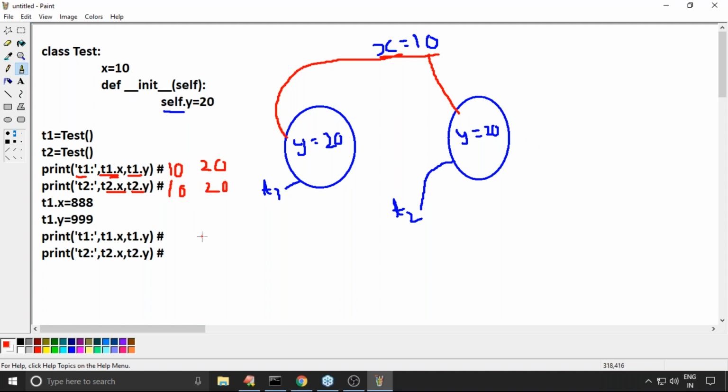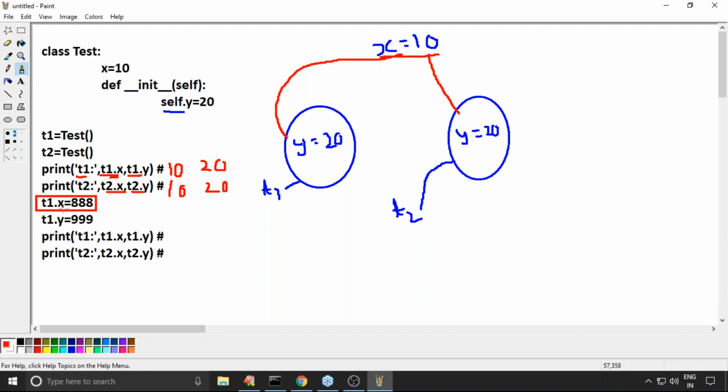Okay, now t1.x = 888. This line is very dangerous. Sir, you are trying to update by using an object reference. Static variables can't be updated by using an object reference. Remember, does the current object t1 contain any instance variable x or not? Not there.